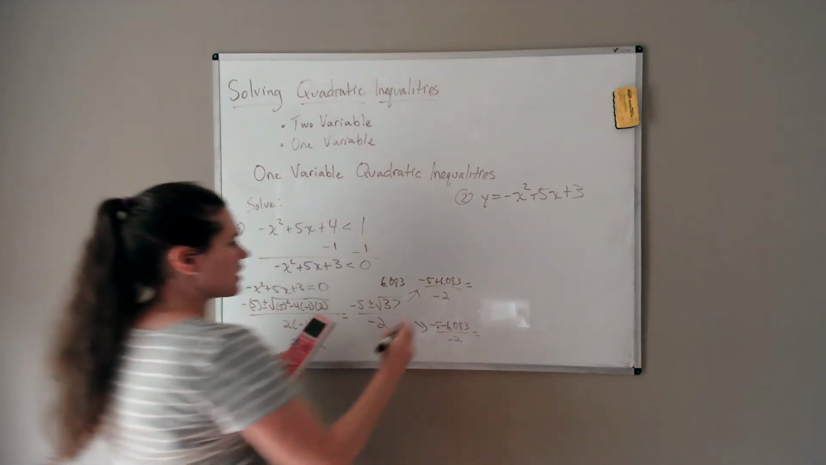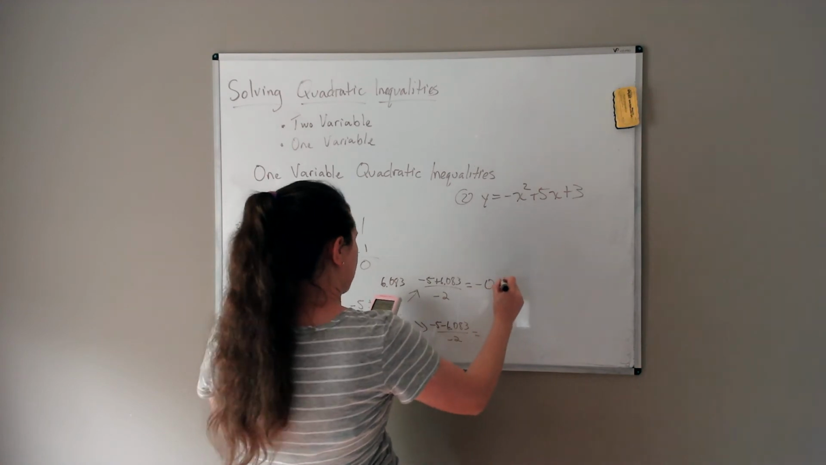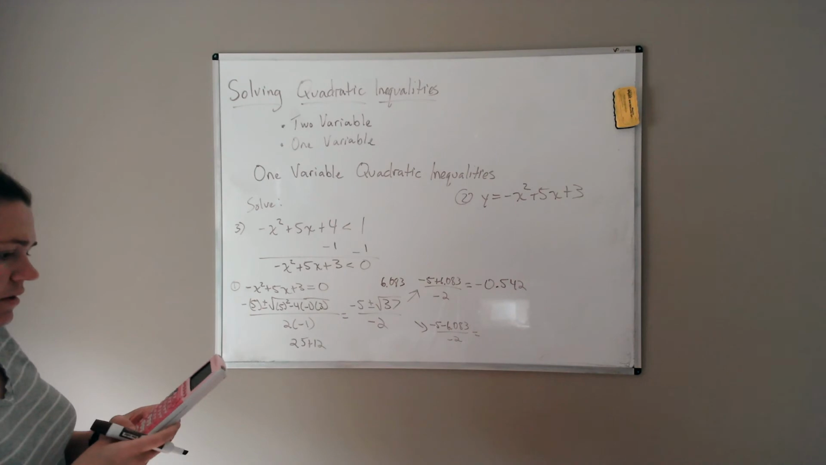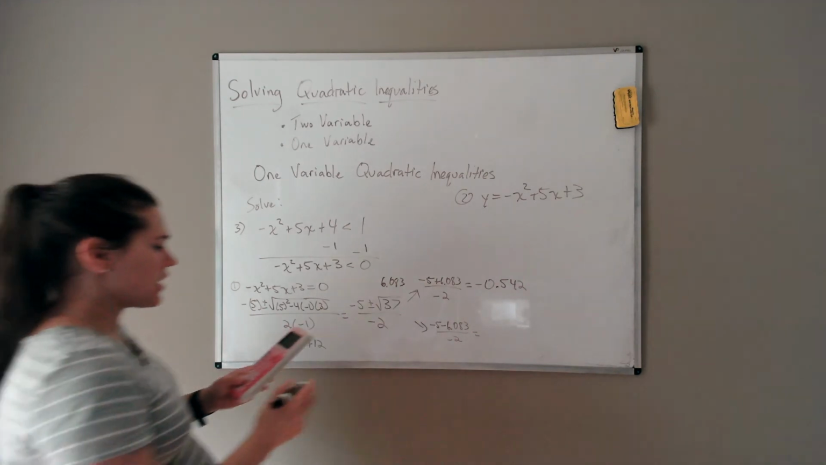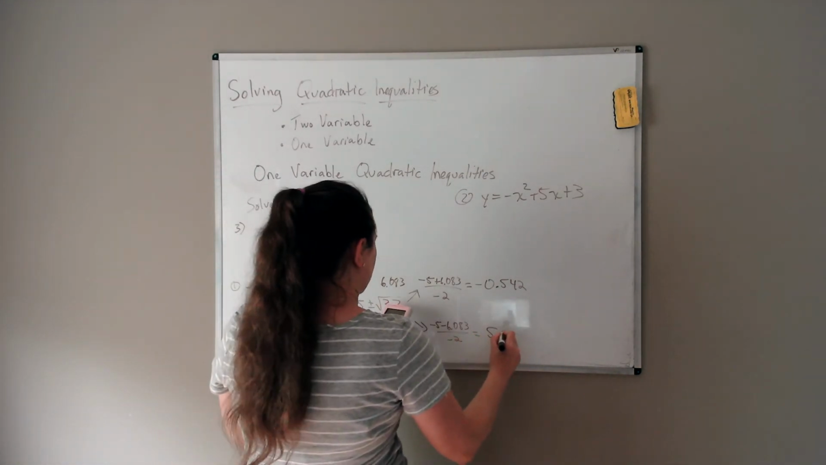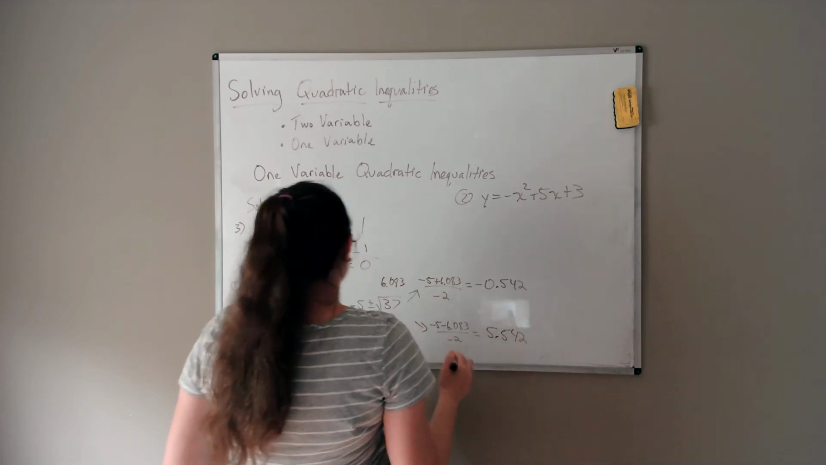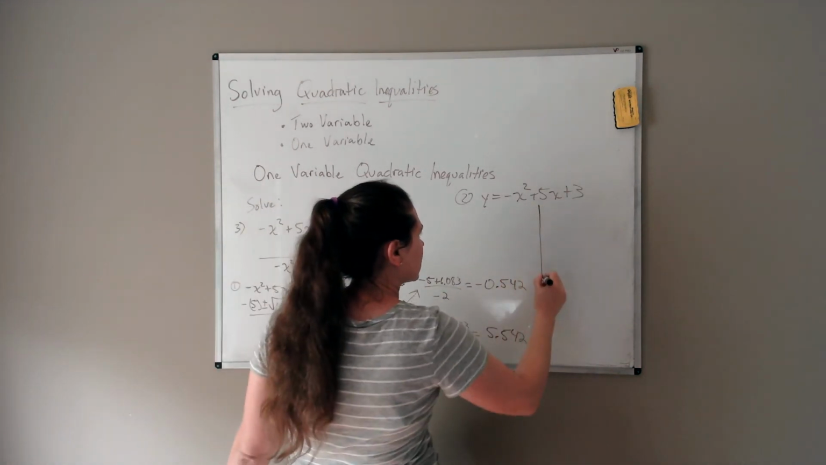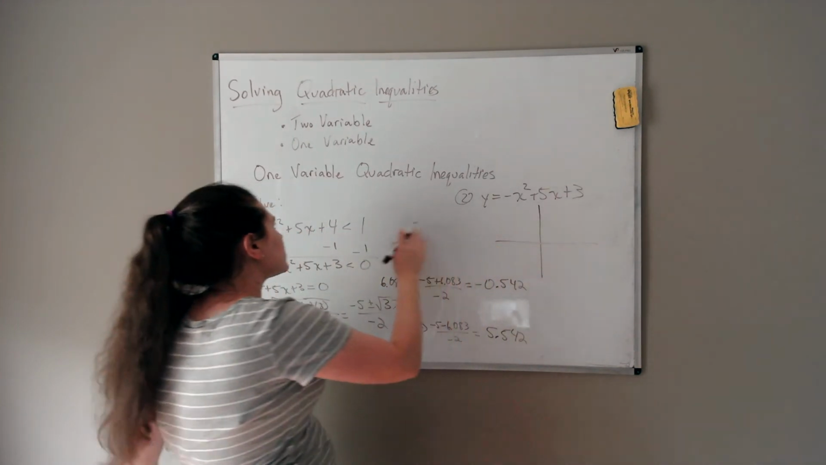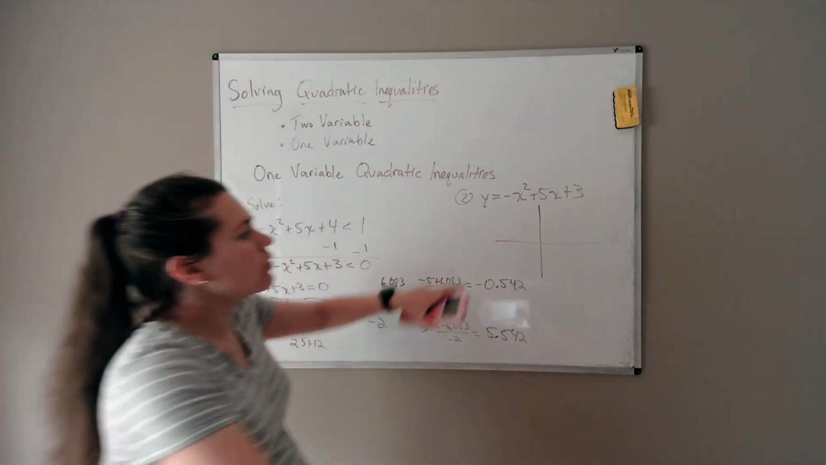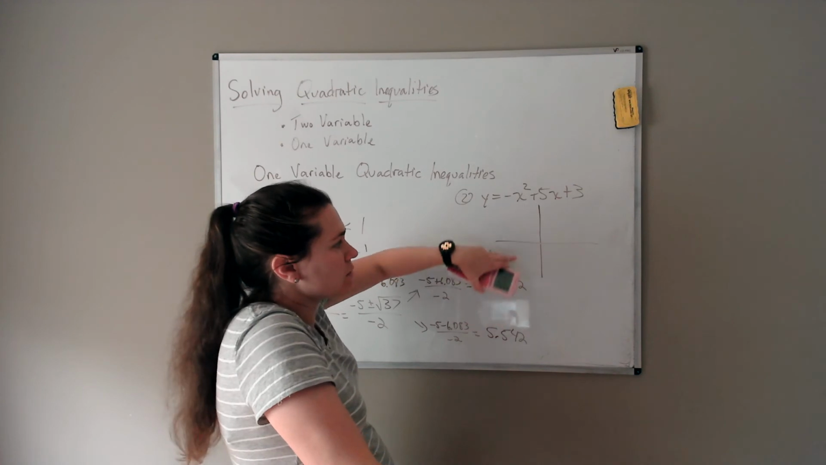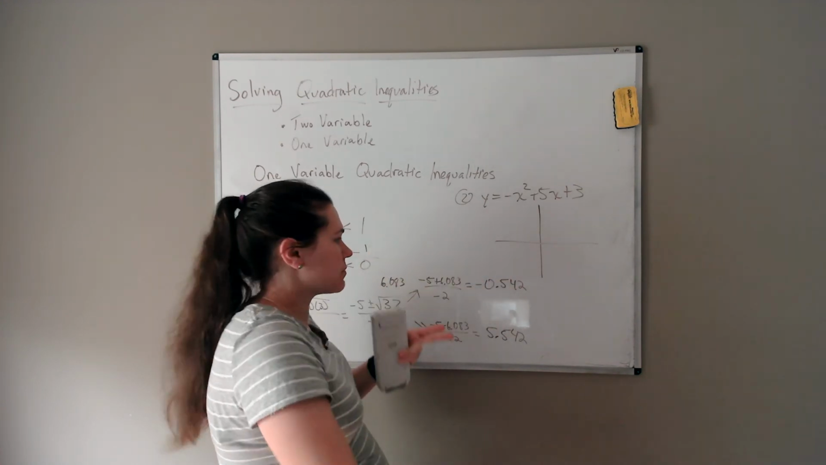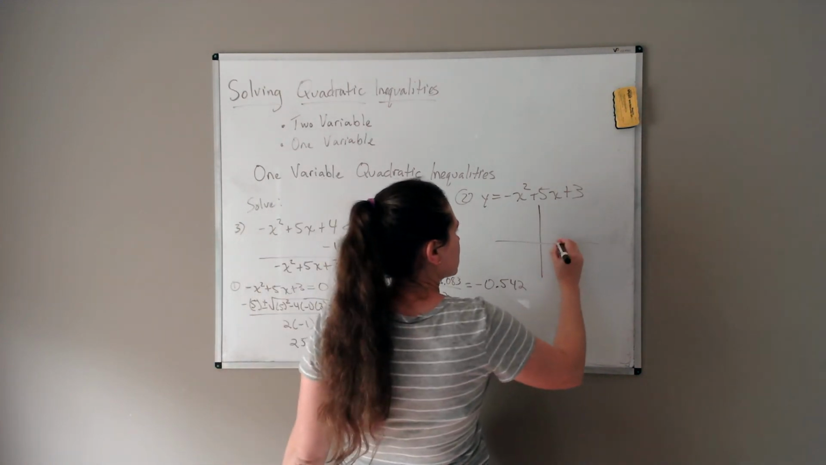The first one is -0.542, and the second one is +5.542. So here are our x-intercepts, okay? Graphically, when you're solving a one-variable inequality, you don't really care about anything more than the general shape and where the x-intercepts are. So the x-intercepts are at